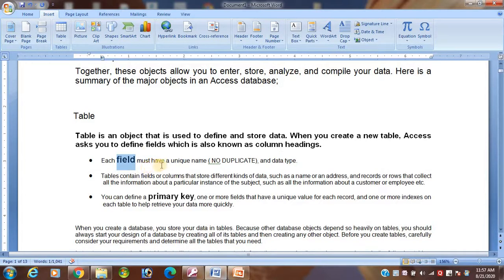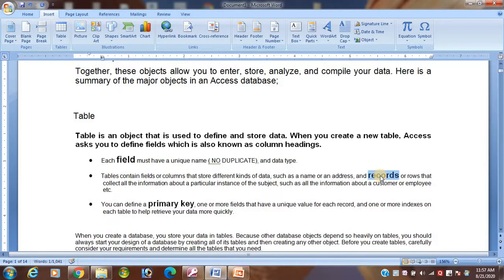One is your field, another one is your records, another one is the data type, which is also very important, and another one is the primary key. So these four important things are used for making a table. Is that clear or not? We have already discussed that a field means a column heading.